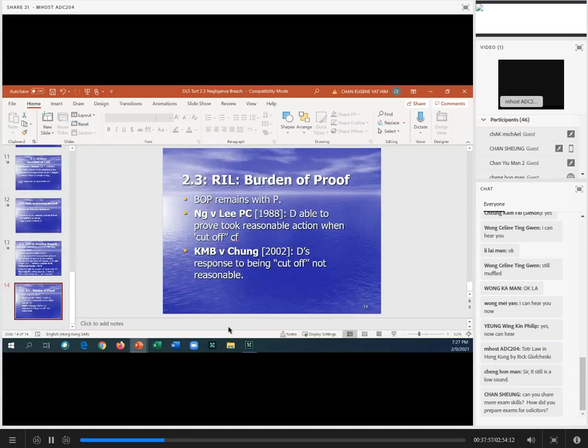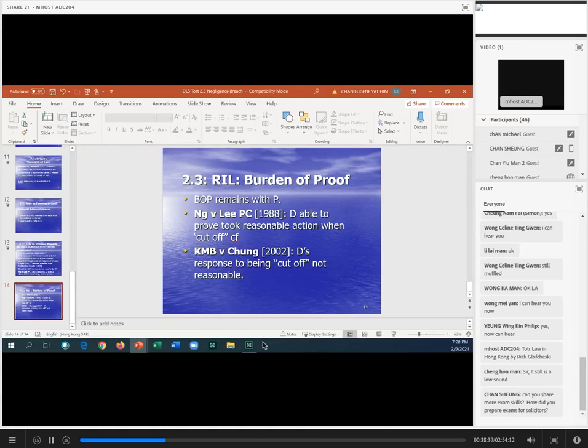In the Ng Hoi Lee Privy Council case, the defendant was able to prove that he took reasonable action when cut off. So, I mean, you could say, well, was the thing, the bus, whatever it was, under the management of the defendant, and the accident such in the ordinary course of things does not happen if the defendant uses proper care? Well, then you're liable, aren't you? No, but the driver was able to prove he did take reasonable action in the circumstances. I think he had to take the action to avoid a head-on collision.